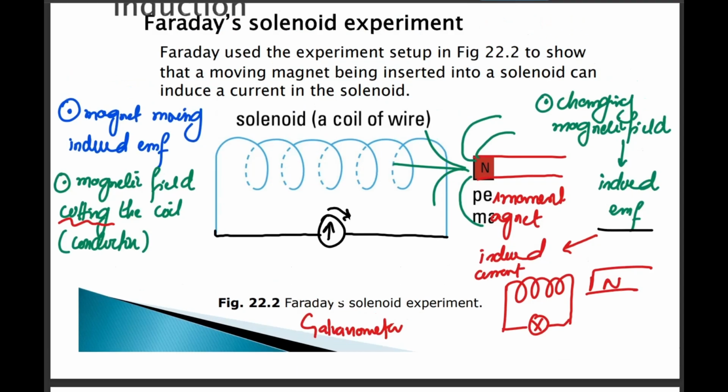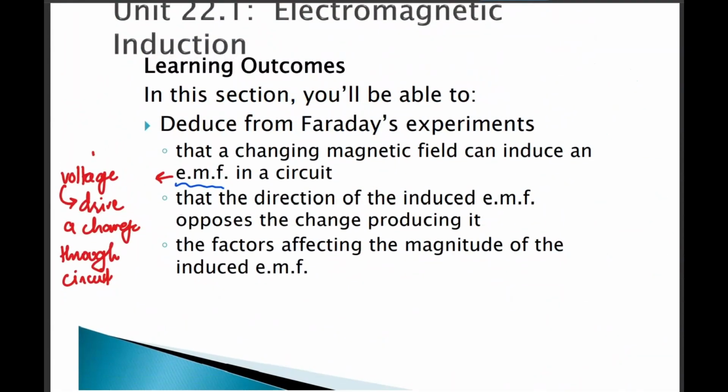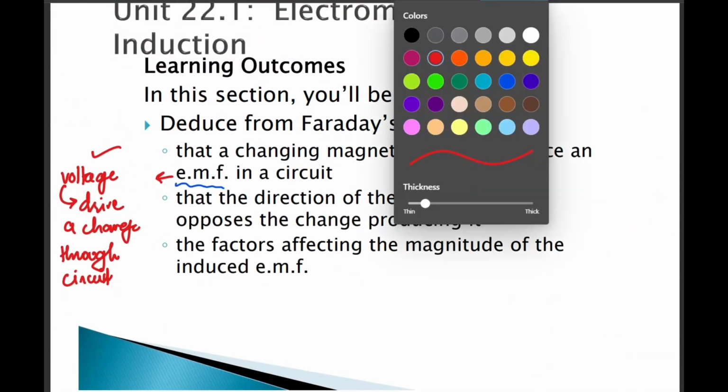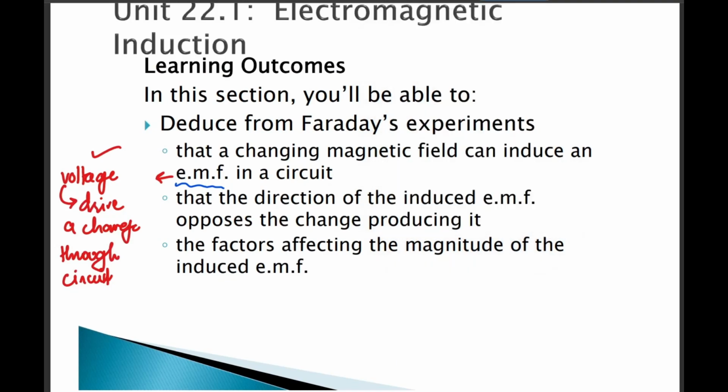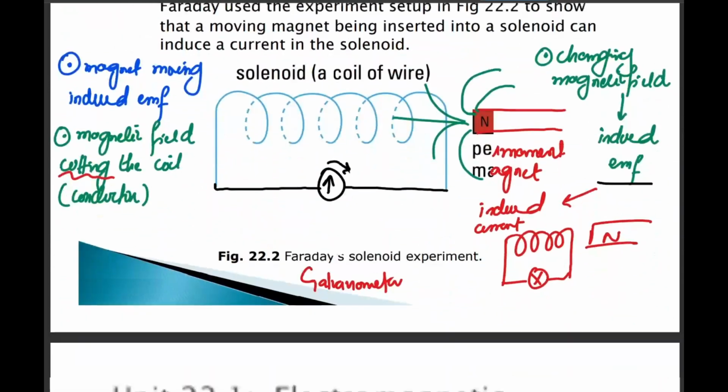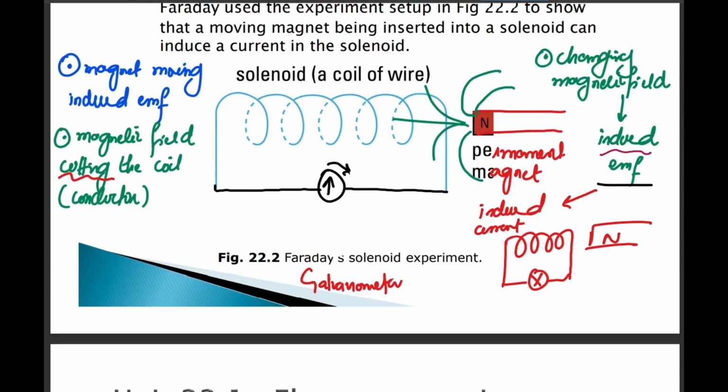Because if we have voltage, as we've just done before, it can help us derive a charge through the circuit. So if we have induced EMF, then we can complete the circuit and cause an induced current, which is of course going to light up the bulb